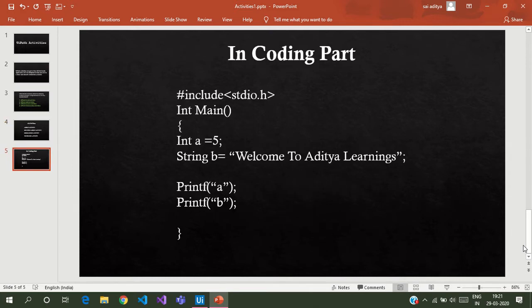In the coding part, we would actually write int a equal to 5. It is called initialization or declaration in coding, and this is what is called an Assign activity in UiPath Studio. You don't have to write int a equal to 5.